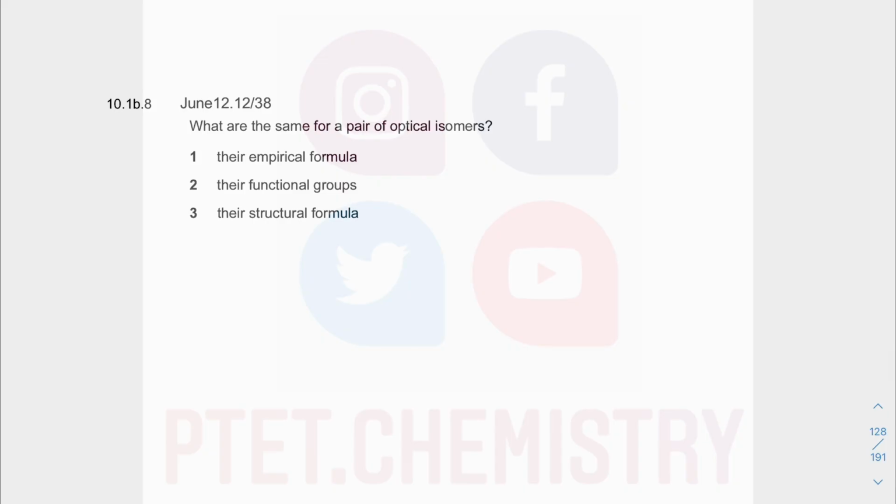In this next question, what is the same, or what are the same, for a pair of optical isomers? So you know a pair of optical isomers are non-superimposable mirror images. So they are mirror images of each other, just like your left hand and your right hand, but they do not superimpose on each other. So I can give you an example, something like an amino acid, which you don't really do here in AS. I guess you should know if you have something which are mirror images of each other, which are non-superimposable, when you have a chiral carbon,